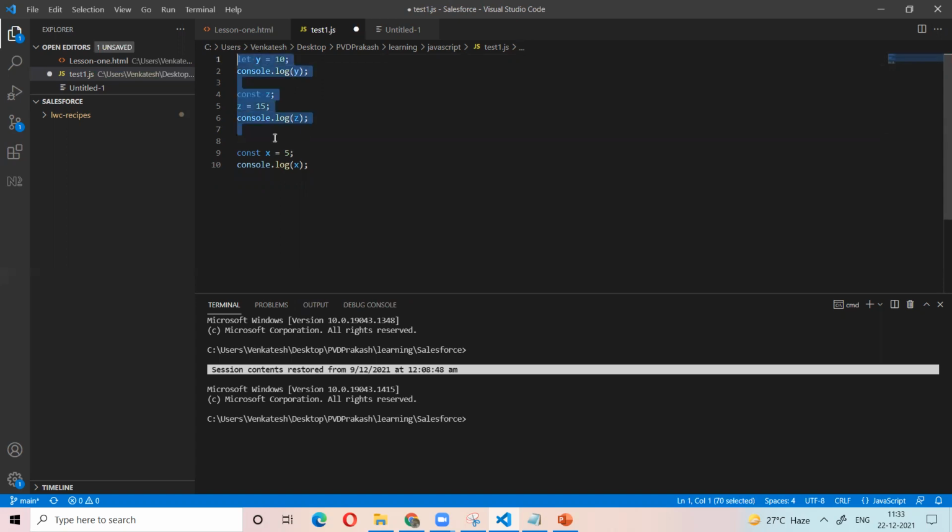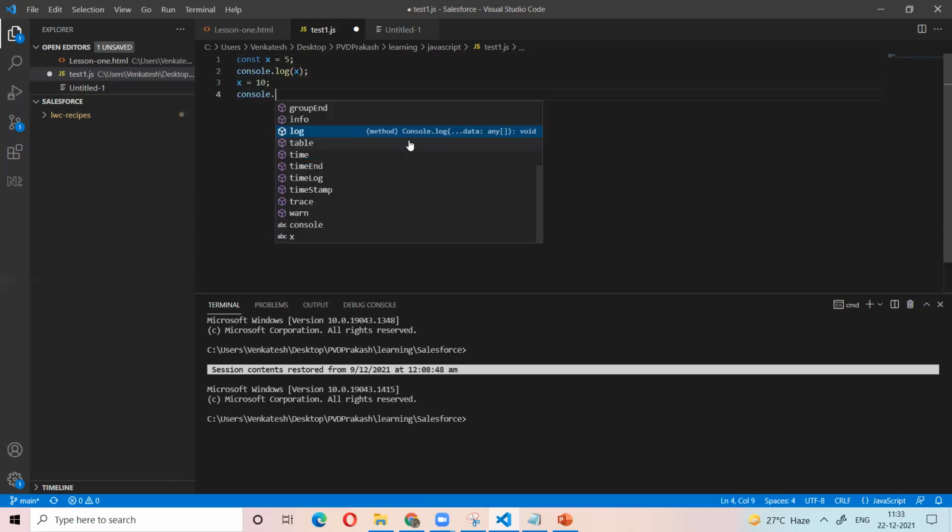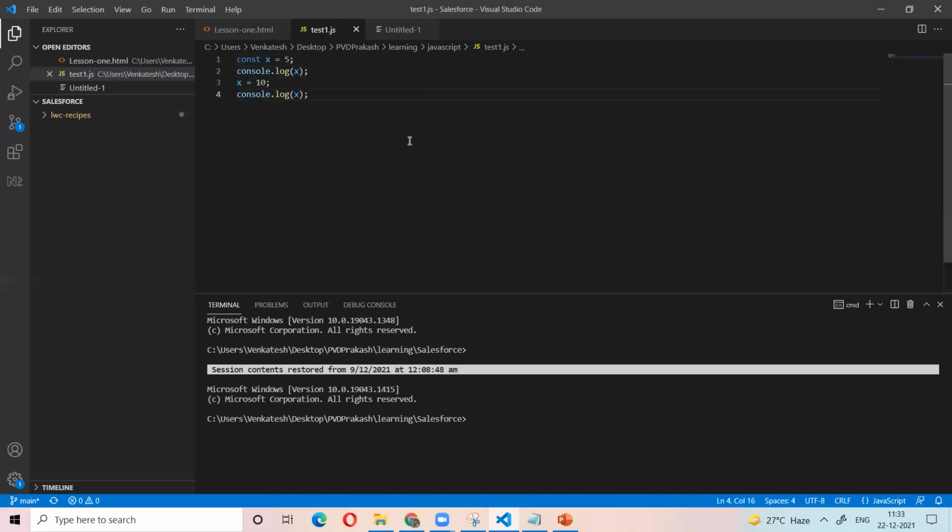That is constant. So a constant must have declaration and assigning the value in the same way. That is the first thing. But the original concept of the constant is we cannot change the value later. For example, here if x is equal to 10, what is the output?